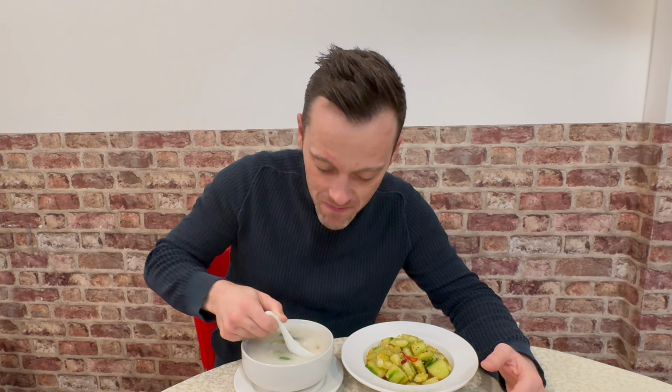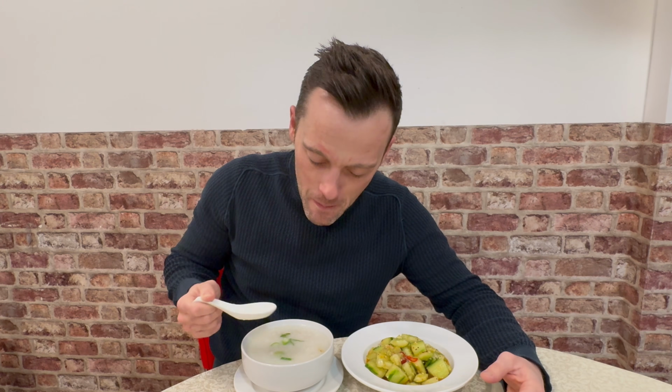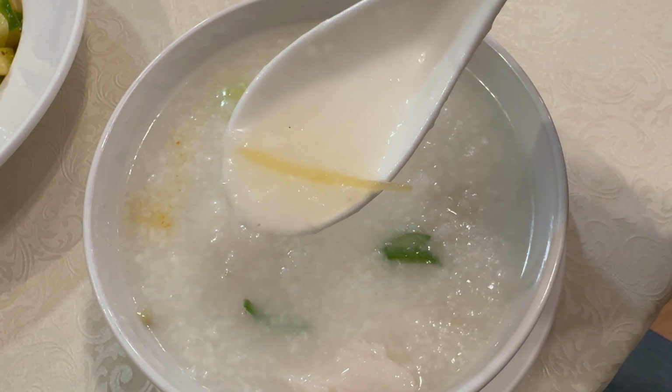There I can taste a little background of ginger, a little background of garlic. You know, it's delicate, the flavours that are there, because it's more a nice, comforting, warming rice dish. Yeah, there is a background of ginger there as well, and it's a nice big pot as well. I could just sit here all day, although they won't let me stay here all day, but I could sit here all day and